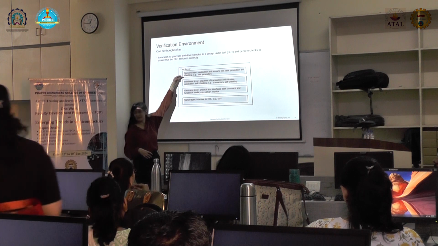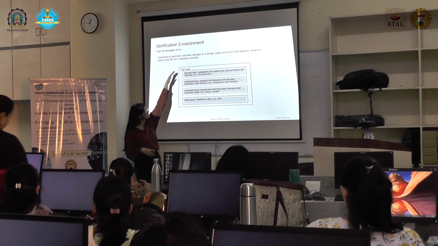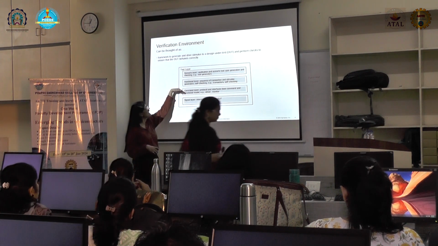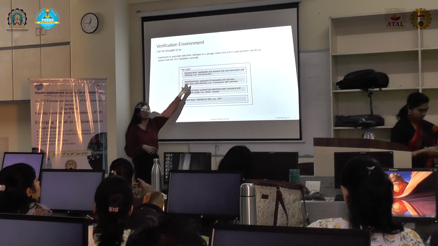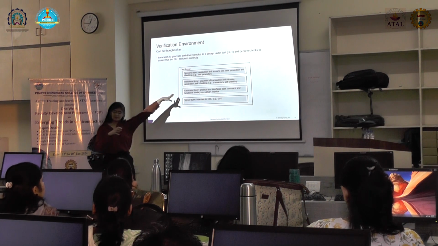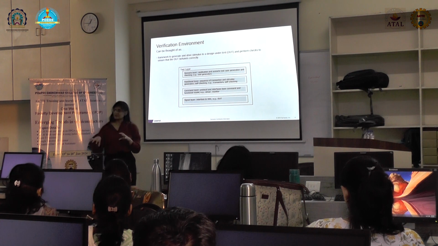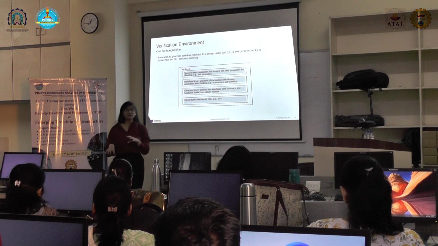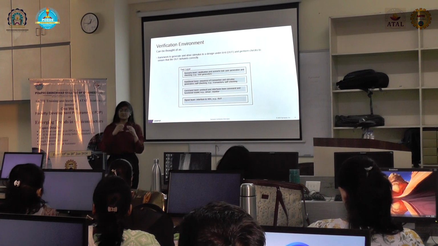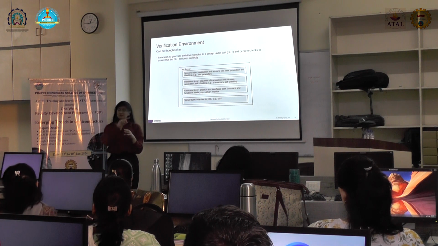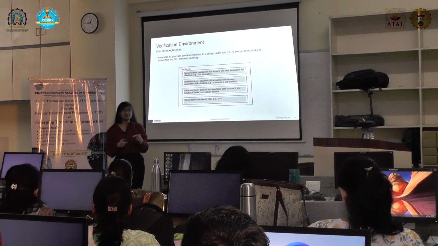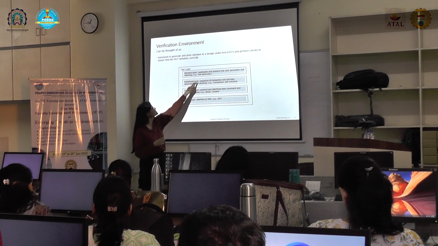Now, this is getting abstract. When we move ahead, it gets abstract. What we have on the functional layer is sequences. On the driver layer, we are just driving some data, but in which order we are going to drive, or what specific sequence we are going to drive, like read, write, read, or what specific scenario we want to generate, that comes into the functional layer of the